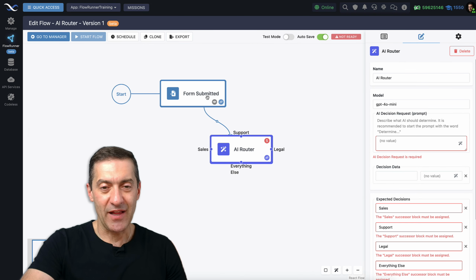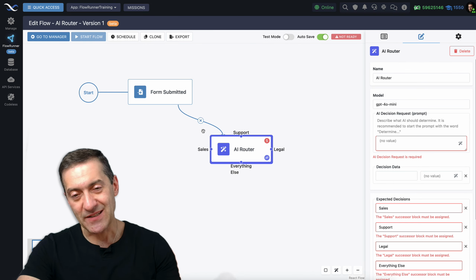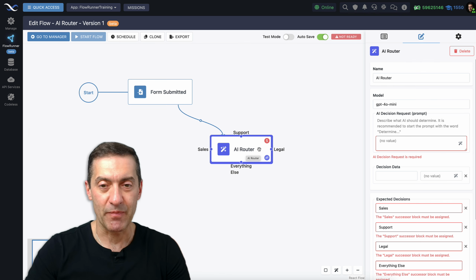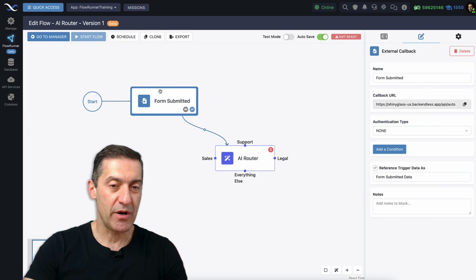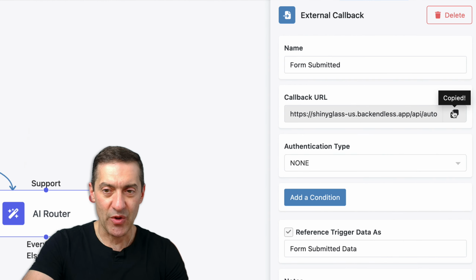First of all, let's get this external callback trained. Once it has the data, then we will return to AI router to complete what it's doing. So in order to train our external callback, I'm going to copy this callback URL,